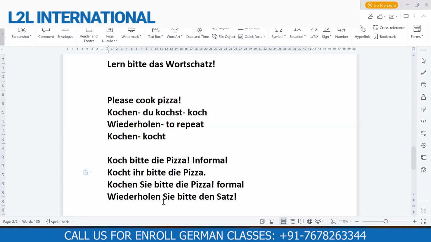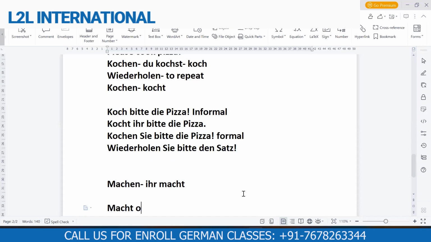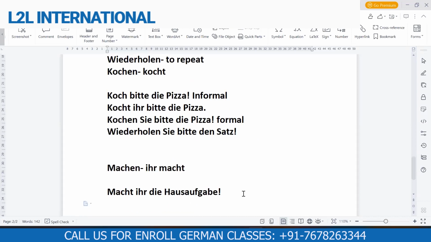So here two things can come up. You have to put the verb's form according to the conjugation of kocht, no change at all there. And then you have to place the verb. For example, another sentence: I'm giving the order to both Sana and Revati. I would say, please complete the homework, or do the homework. Homework do is machen again, and the conjugation of machen with ihr is macht. So I would simply say: macht die Hausaufgaben. That means I'm telling both of you to complete the homework. Macht die Hausaufgaben.